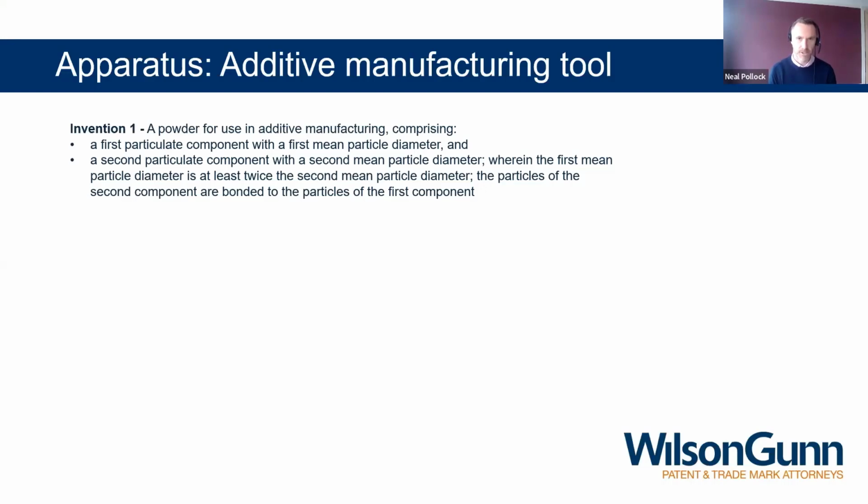They filed an application to cover this concept broadly. As you can see from this claim here, they didn't mention titanium or titanium diboride specifically, because that would afford them quite a limited scope of protection, but they've tried to cover that quite broadly. As you can see from this claim and from this schematic here,